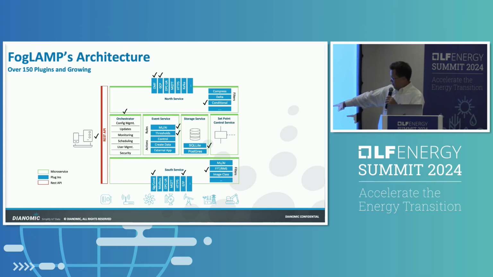And then the other blue box is on the right. You may want to filter data right when you receive it. So examples were like I gave on the centrifuge. I'm not going to send raw vibration data. That's actually, it was 12 gigabytes of vibration data a day from that centrifuge. I'm not sending that to AWS for some data scientist to play with. I'm going to do lots of filtering before I send it there. So you can filter your data in that South service, and then it passes to the next microservice, which is